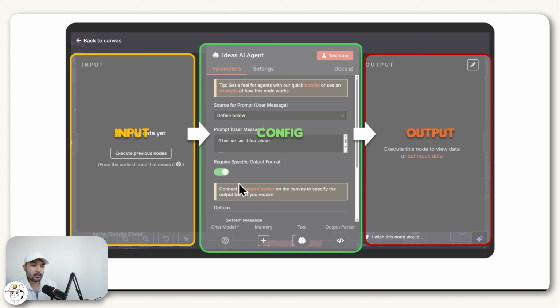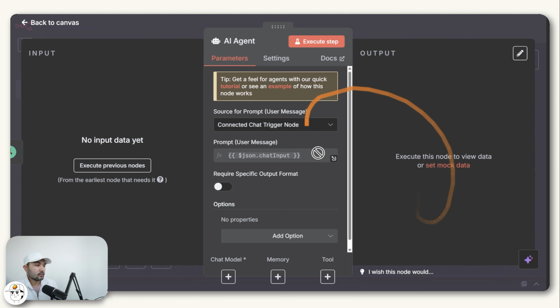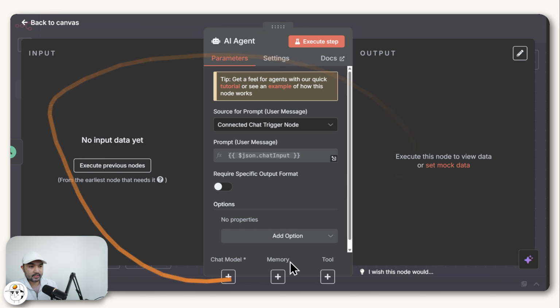There's always just 3 windows. You have the input window at the left, where you will have all the data and information that's coming from previous nodes. And the specific node that you are configuring has parameters that you can edit here in this green area, so that you can instruct the node on what to do with that input. And then using all that configuration, it spits out an output in this red region that is then passed along to succeeding nodes. So if you go back to what we're setting up, it's basically the same design of working,